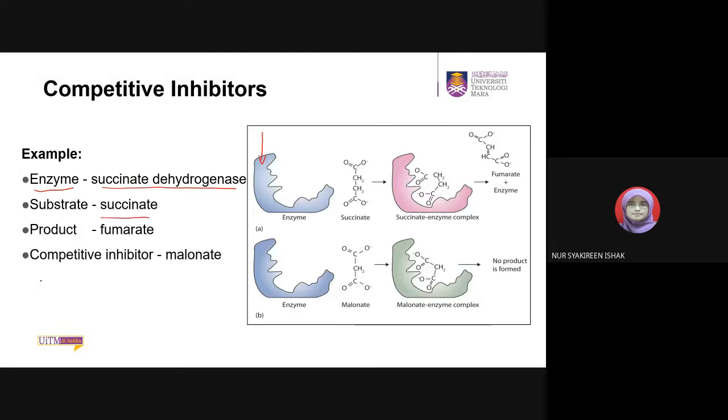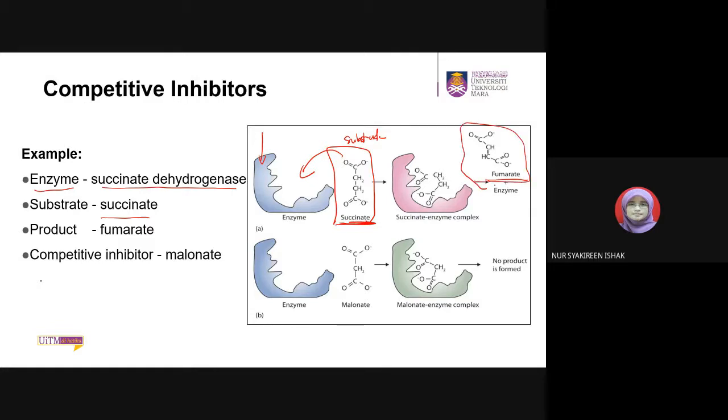Where is succinate? Dalam gambar ni. Okay, this one here. So you have the enzyme, you have the substrate, succinate. The product should be fumarate. So the binding of succinate to the enzyme succinate dehydrogenase will catalyze a reaction that produces the product which is